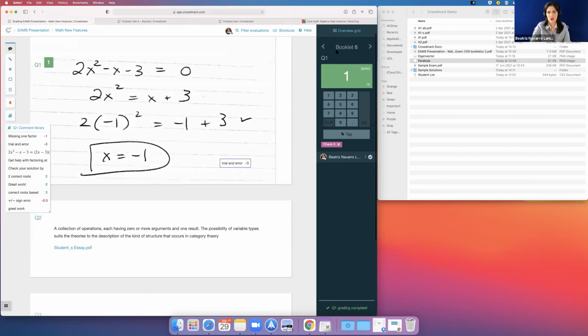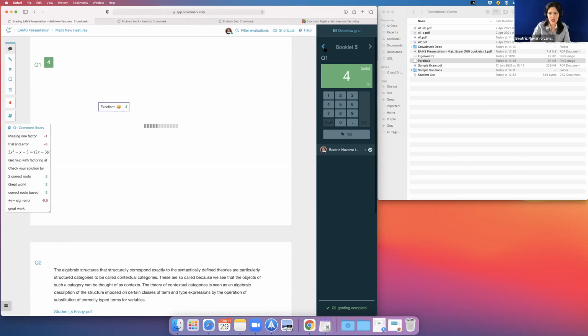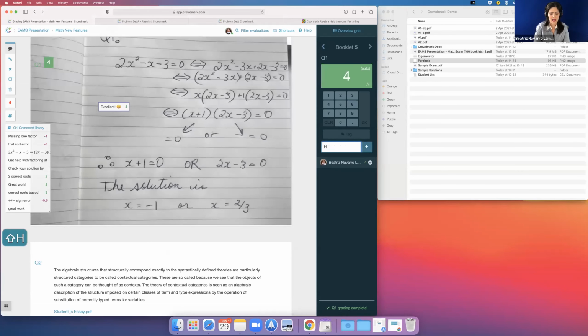Another way I use tags is, for example, if we don't know what to say to one student, then we can tag it with help if it's a TA, and then you can go and help them, or not sure, and you can have multiple tags. So if you have two different tags, you can have as many tags as you want, and students will not see the tags when you send this back to them. So students will be able to see all your comments over here, but the tags are private communication within the marking team, which I think is very good.